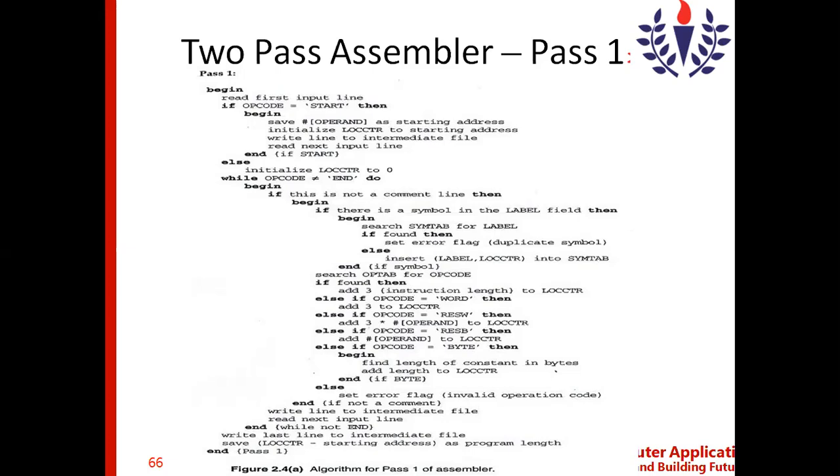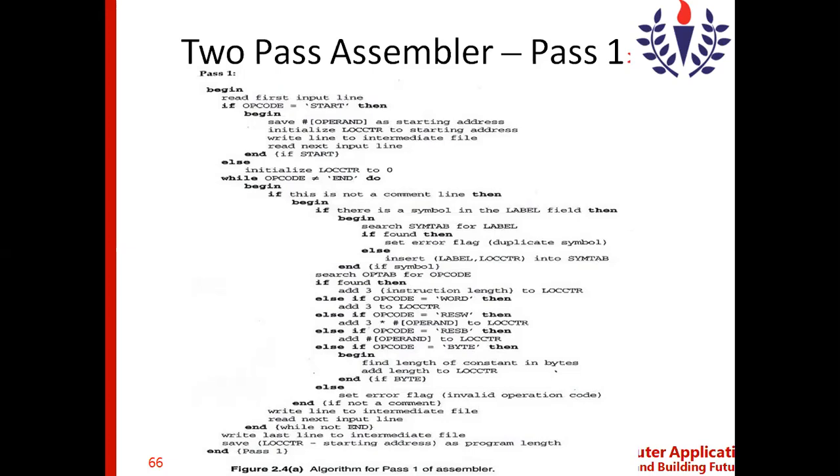Inside the symbol table, I have already shown you the structure, which has the symbol and the value. The symbol is nothing but the name of the symbol. The value is the address at which the symbol is defined. Before adding, there is one more condition we need to perform, that is searching the symbol table for the label.